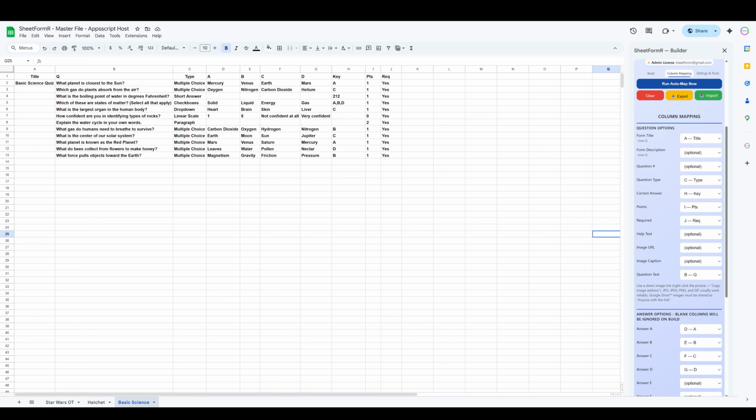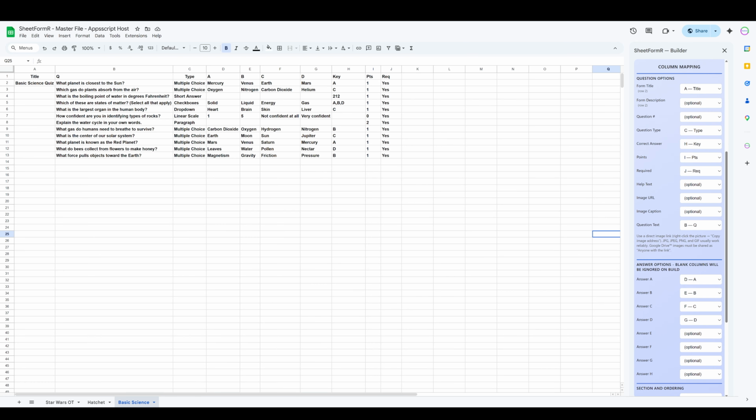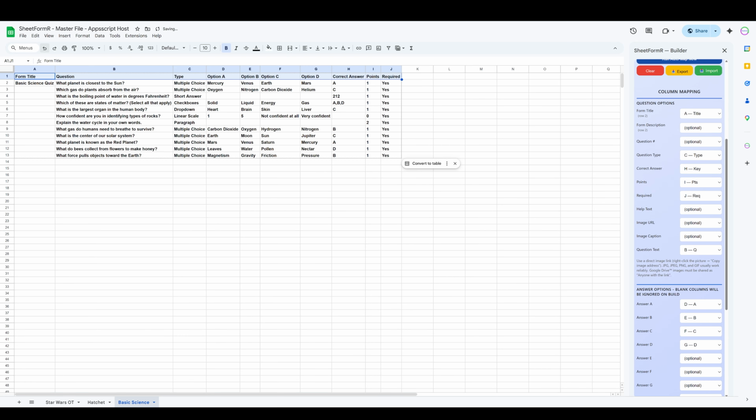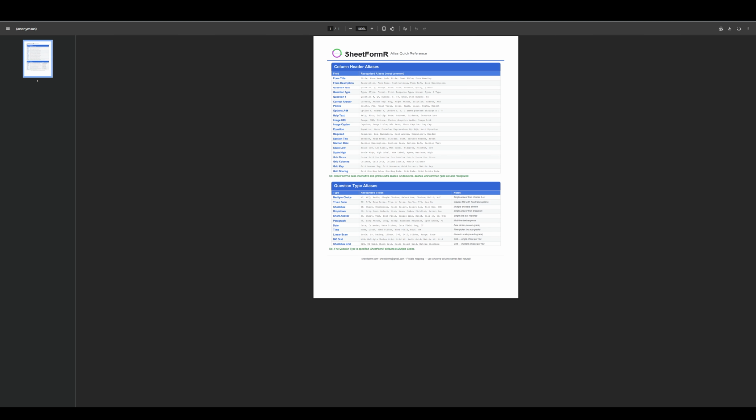No issues there. It mapped everything perfectly, and I'm ready to build this form. I'm not going to, but let's go back just so you can see it again. So this is just another variation, another iteration of this information. And again, I could pull anything off any of these